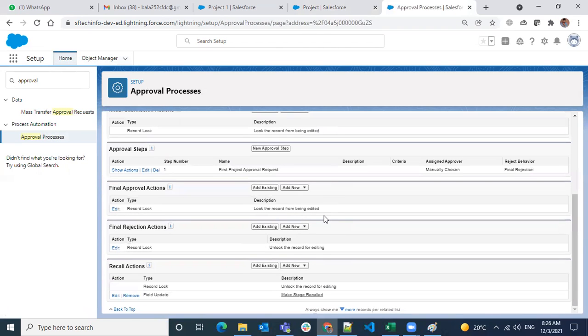Okay, so now I have all my steps set up, and you can add multiple stages also here. You can add a new approval step, and you can have a criteria. And the step number is, it will take a